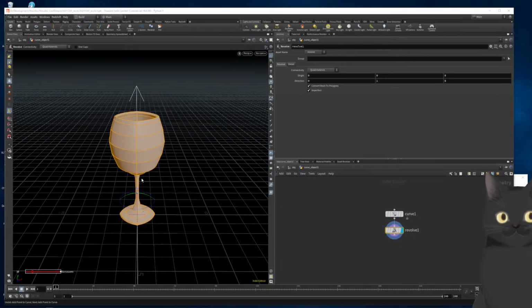Now to define this a little bit further, we're going to want to subdivide it, but before we do, we're going to double click, shift double click, and then press the shift